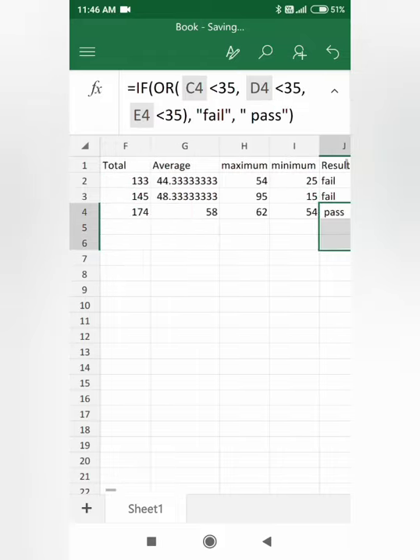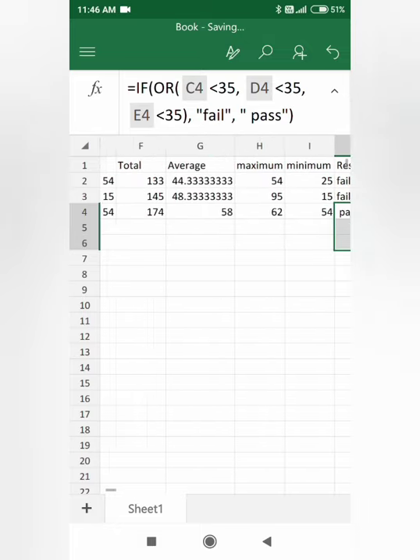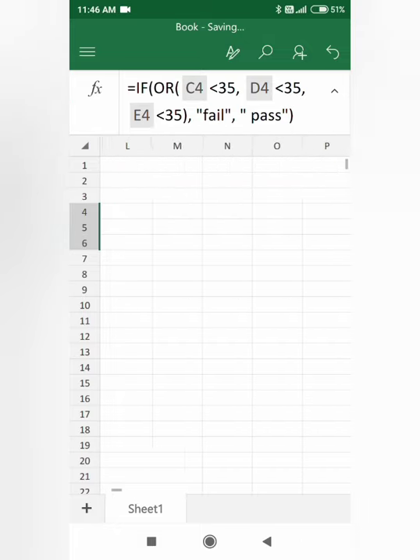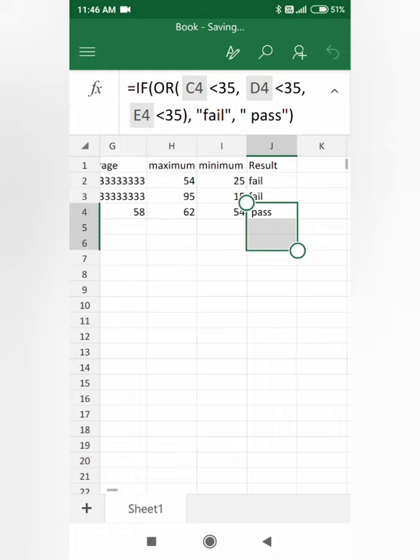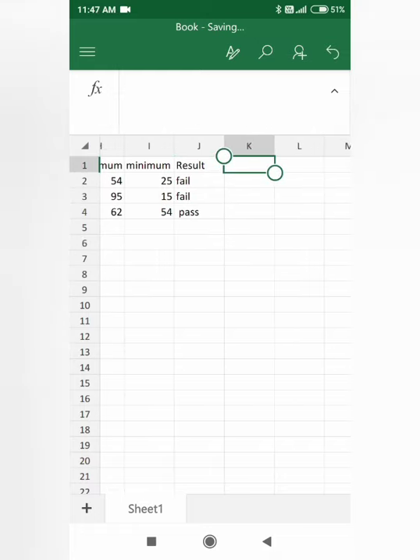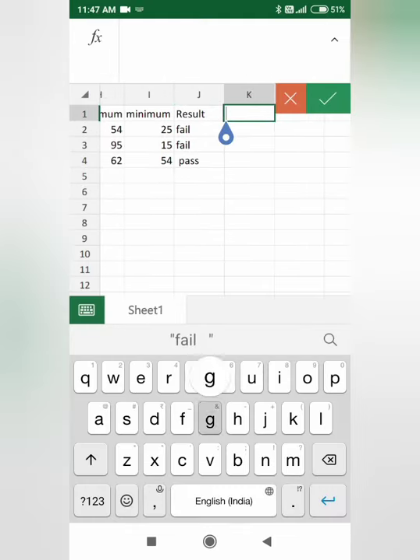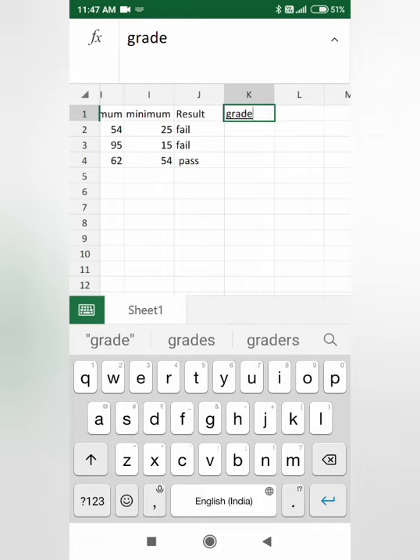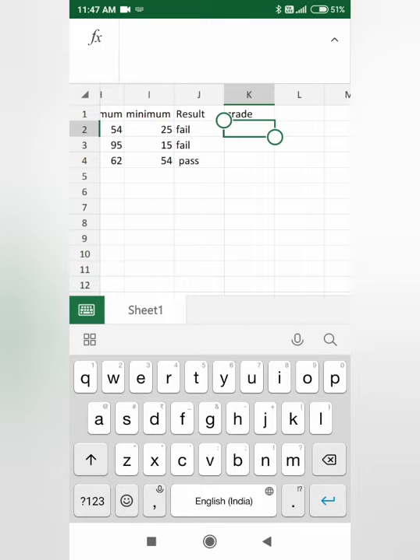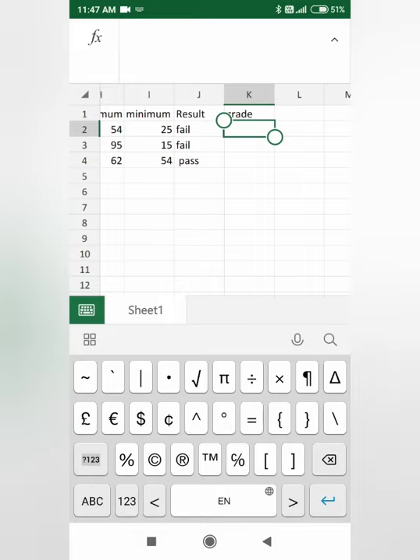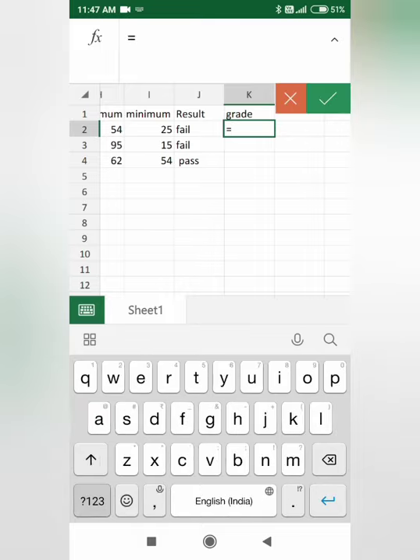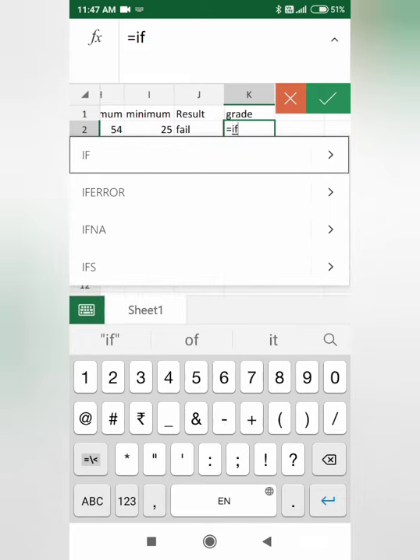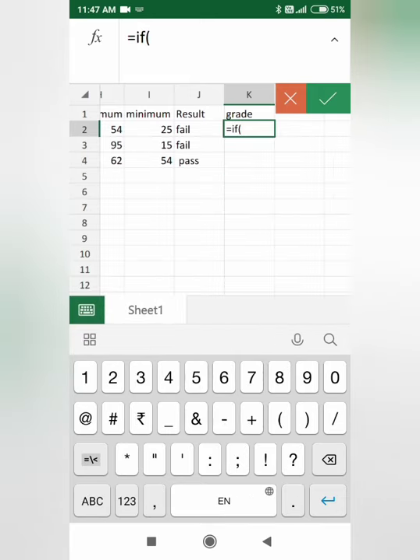And last it was grade. Grade we have to write first. First we have to write the equal to sign, if bracket, and we have to choose the average.